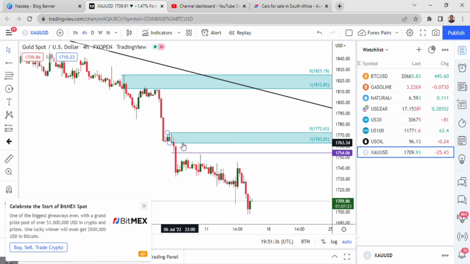These are the things that you need to look out for when you are deciding, because not every zone that you mark on your chart you're going to trade. So when you're making a decision to say I'm trading this one and not that one, you should look at things like the profit margin, the whole structure in terms of the direction on the other time frames and the higher time frames and all the stuff like that. That's how you make your decision, so that you can say, no, this zone here, it's not worth it. Yes, the price might respect it, but it was not worth it. So I don't have to take an uncalculated risk.